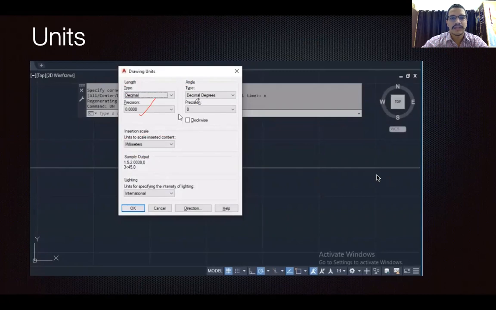Same in the angle, you will get degree, radian, and the precision value up to 0.00, depending upon your precision requirement. Then you can choose between the different options available here.